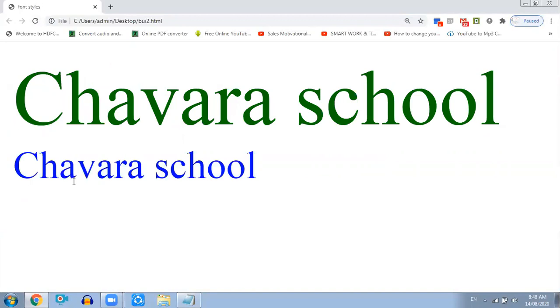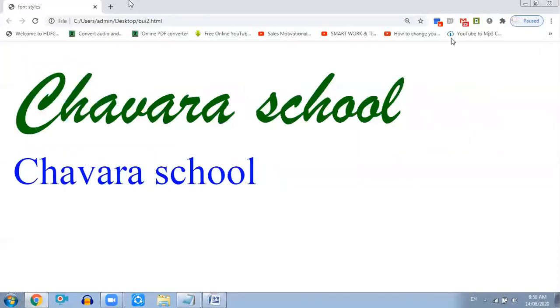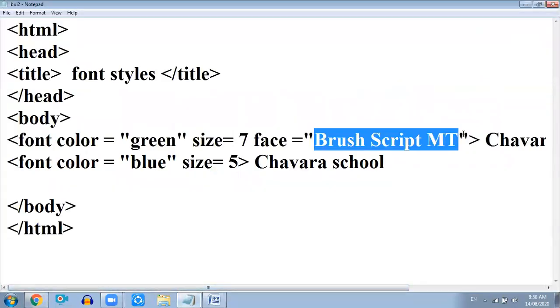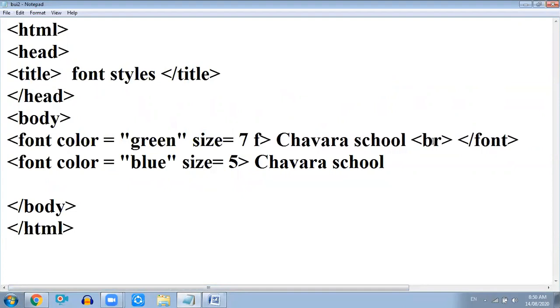So till now, dear students, we have learned how we can apply font color and font size. Now we are going to learn font face. Font face means we can apply different fonts also with this. So dear students, when you want to change the font, it is very important that you should know the different font face names. Okay, so if you don't know the name, then it would be difficult. So here I'm going to introduce some names that you can utilize.